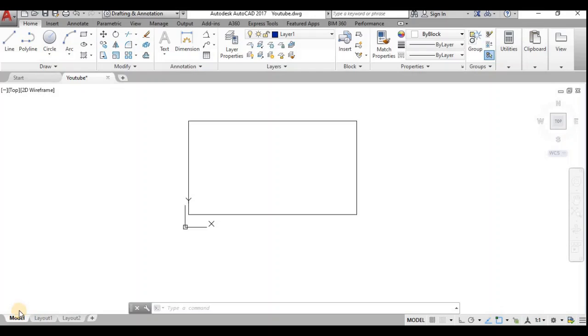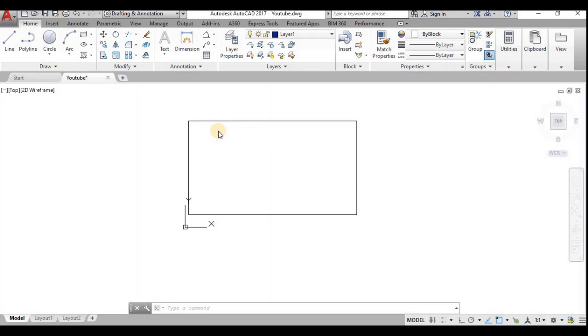Now we are going to see about the mirror command. So what is the mirror command? We know what a mirror is. What we are showing, that is what is in front of the mirror will be shown in the reflection. It is exactly opposite: if it is on the right side, it will be shown on the left side. In that way it will be shown in the mirror. The same concept we are going to use to draw the diagram.